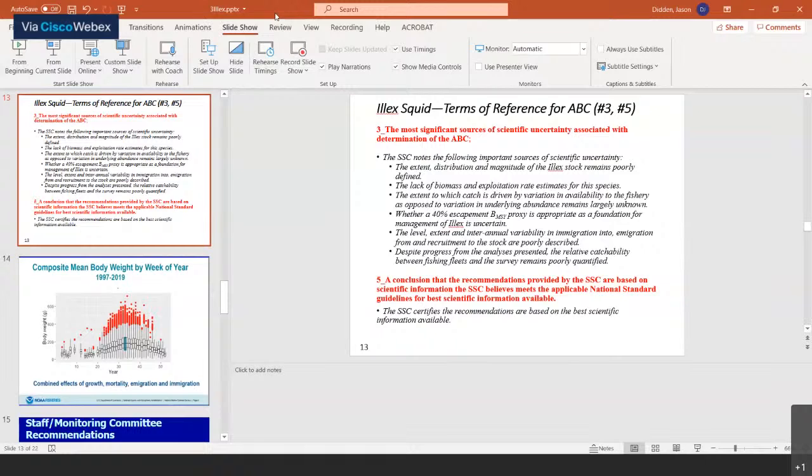For any species really, but Illex in particular, it's important to remember that the distribution of fishing effort, the overlap of effort on top of the habitat, and its consequences for fishing mortality overall are highly dependent on the distribution of the underlying resource. So let's say 99% of the Illex resource was in the fishing area, and 1% was distributed over all the other habitats where they were observed, then it would potentially be a source of high mortality for the stock as a whole. In this instance, that's an extreme assumption. I'm not saying that's true, but I'm using it to illustrate the point